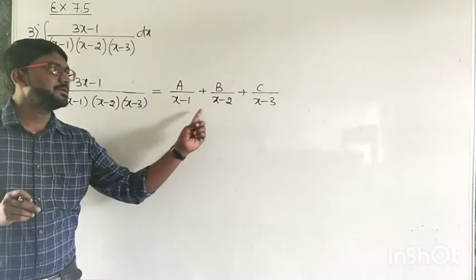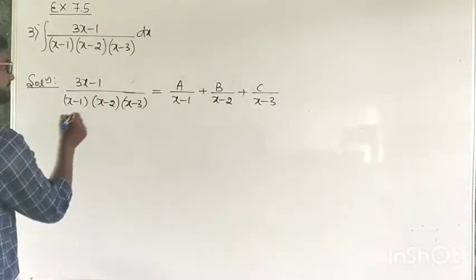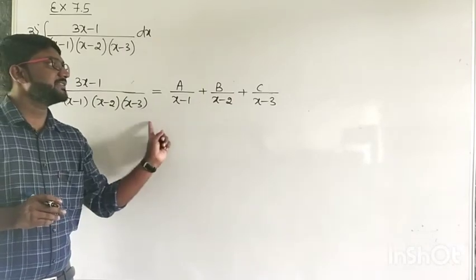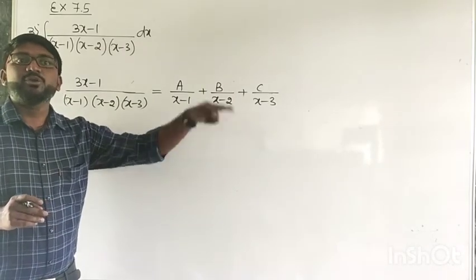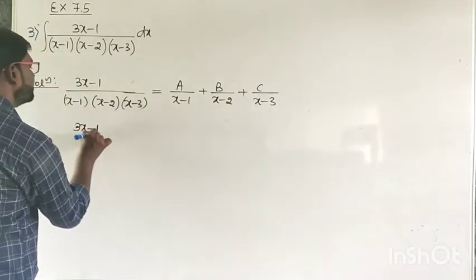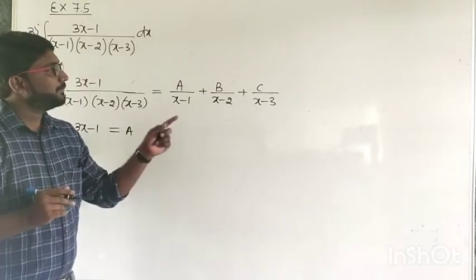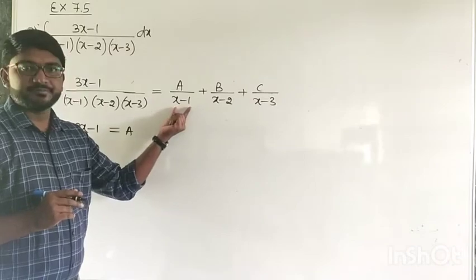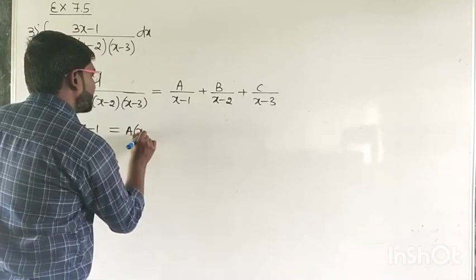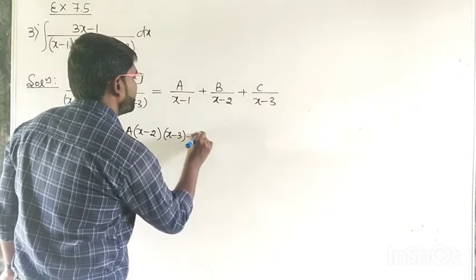Now we have to take up the LCM on the right hand side. So after taking the LCM, the denominators of both the LHS and RHS get cancelled. That I am going to write directly. So 3x minus 1 equals a into, we have to multiply the terms other than this one. So leave this and multiply these two with a. We get (x minus 2)(x minus 3) plus b into